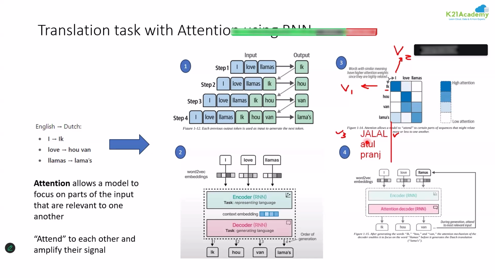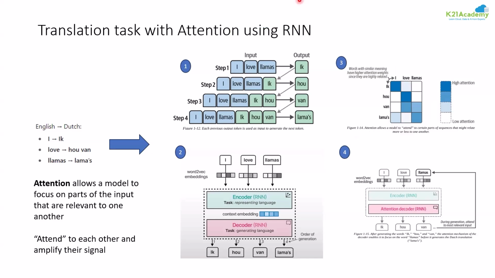The point is, whatever you want, it will look into the dictionary to find the relevant thing and give you a score. And the best score it will pick up and give you a translation. So if I say I is equal to Jalal, no, it's not. We also know, but the model, how will it know? It will know by looking at the embedding value of Jalal in German. I'm trying to keep it simple so that it makes more contextual sense to all of you.